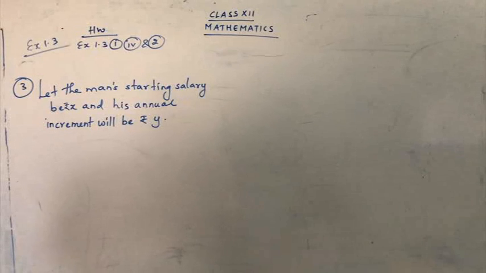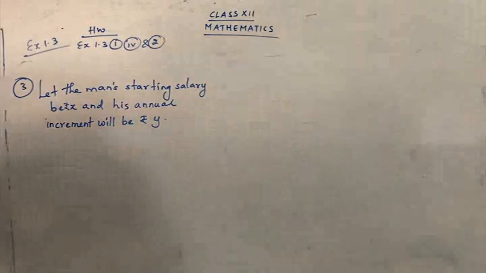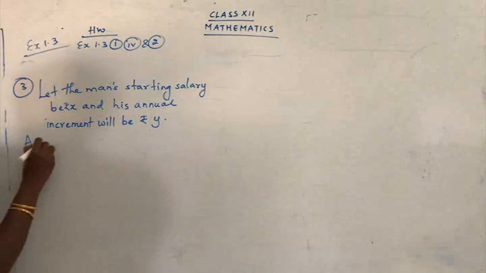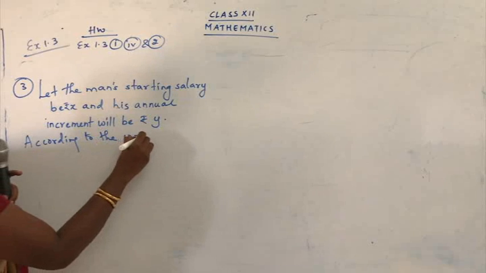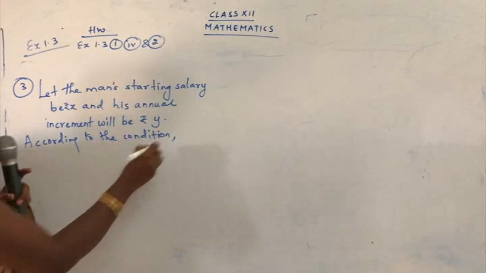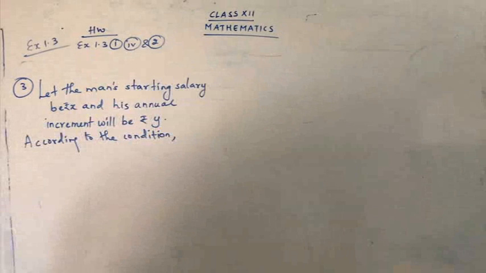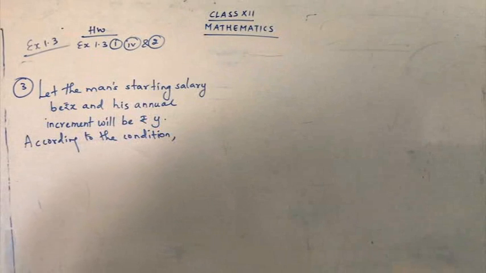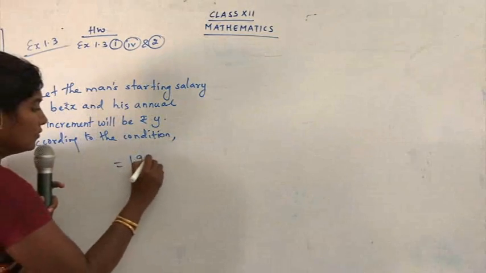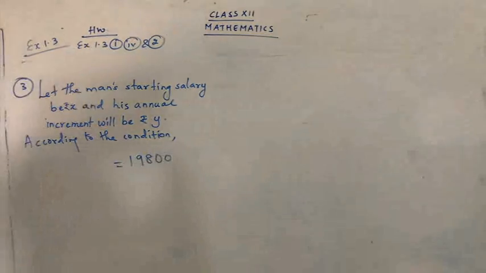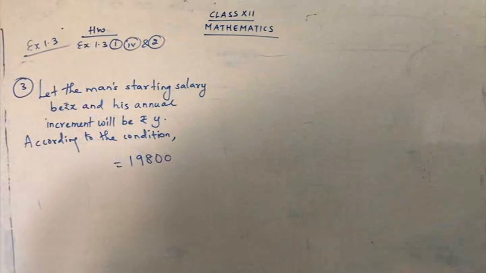So let's read the statement once again and let's try to get the condition. According to the condition, read the statement, children. See here. If his salary was rupees 19,800, what is the salary the man is getting here? The salary is 19,800. So he gets a salary of 19,800 per month at the end of the first month after 3 years